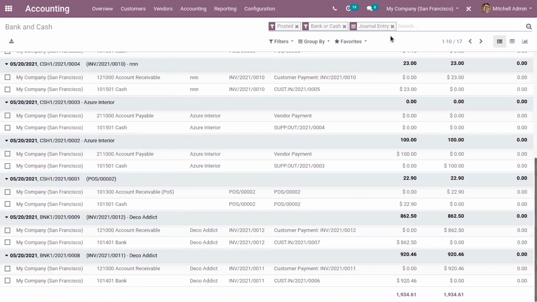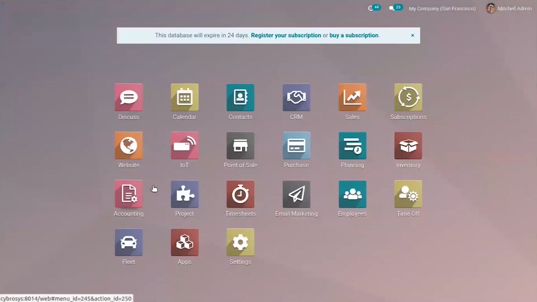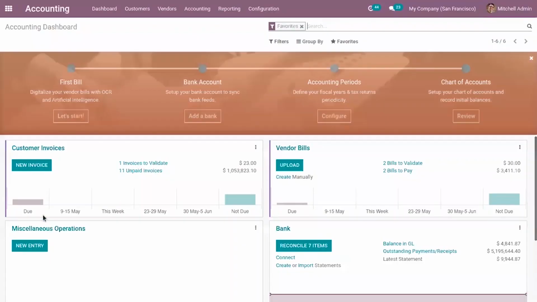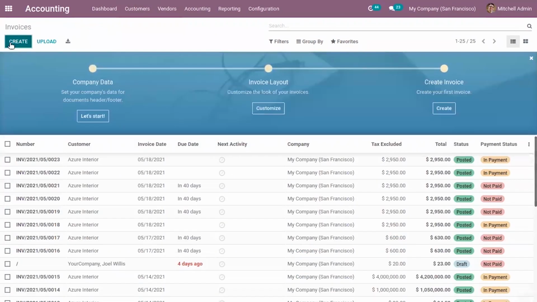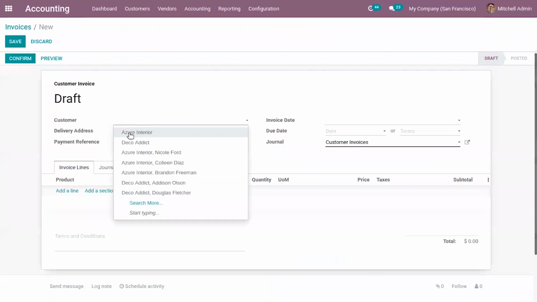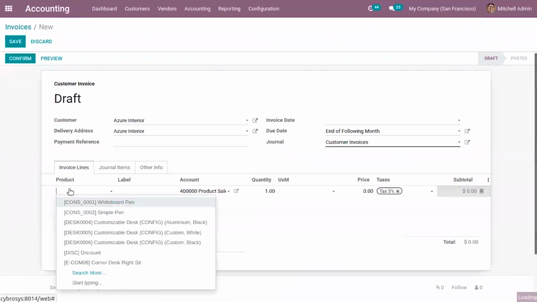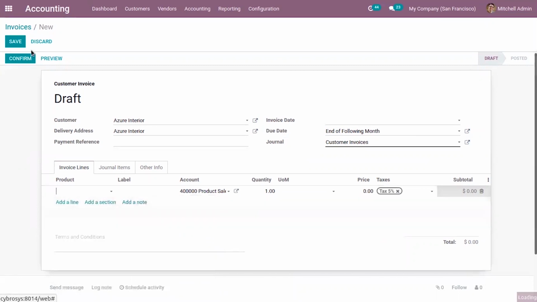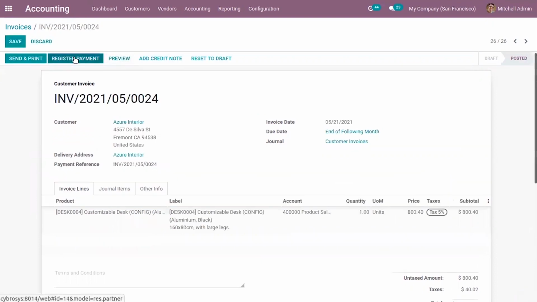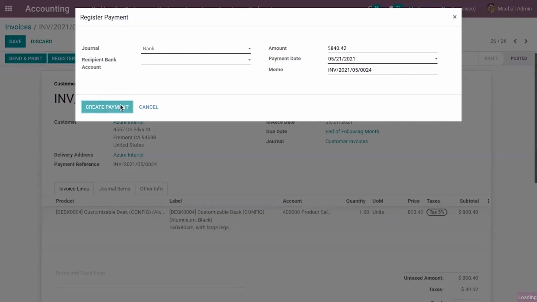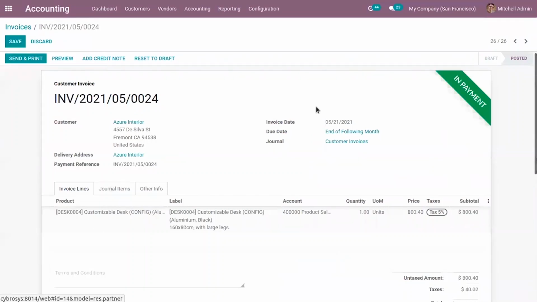But in the case of Odoo 14, when you create an invoice, confirm the invoice, and register the payment, here you can see the ribbon shows in payment.